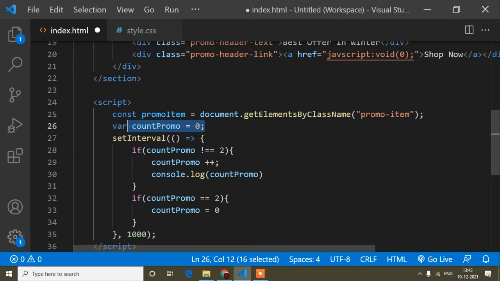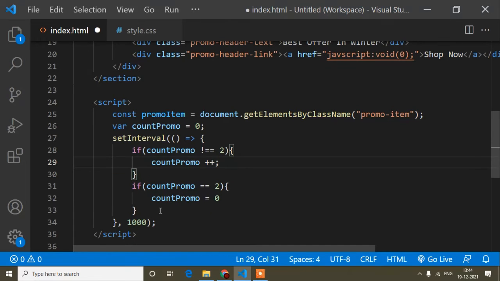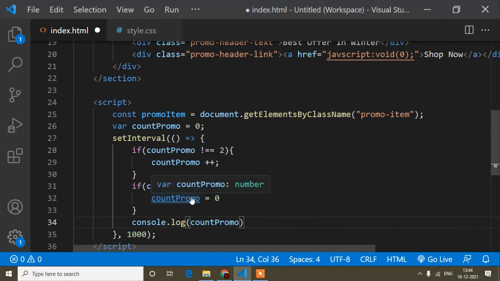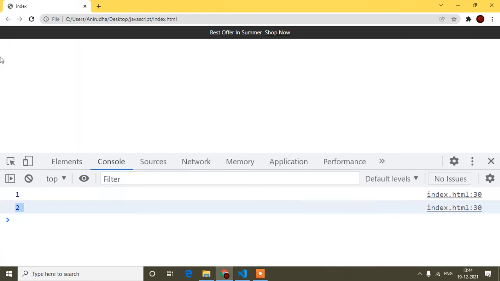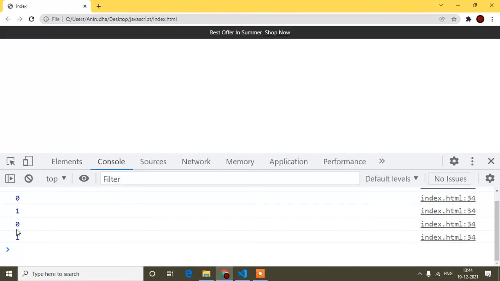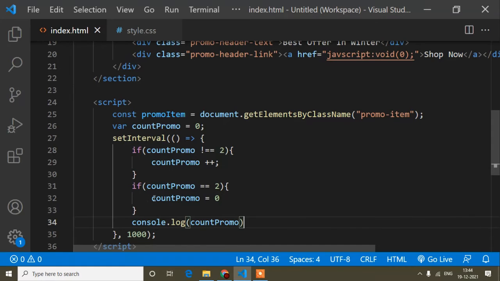Then again it will go up to 2 in this way. So now if I print the console, let's see what will happen. First of all you can find 1 2 and 2 is not coming, because 0 0 1 0 1 like this it will print, because when it's 2, it goes to 0. Okay, so I hope it's clear.